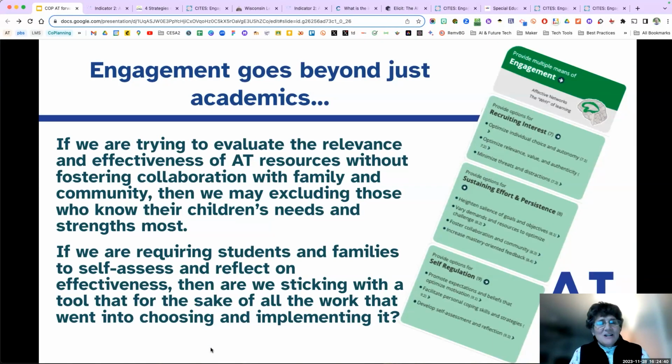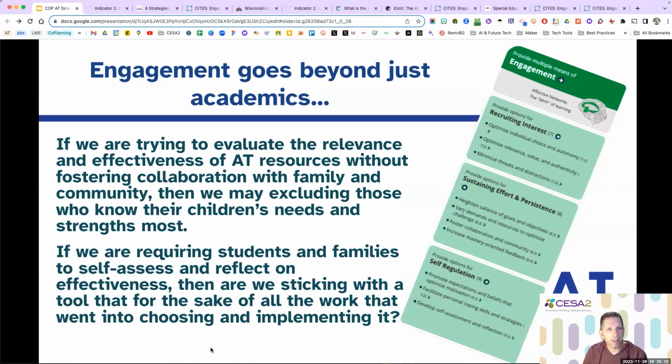But yeah, the engagement is, and that's where I think that goes back to that research piece, that we want them to have an understanding of why we need this. And this is where progress monitoring comes into effect too. When we can say, look, your son or daughter can do X, Y, and Z with this technology. Without this technology, X, Y, and Z takes too much energy, because it's not just getting the task done, it's getting the task done efficiently and effectively. Right, without expending so much energy that they have nothing left for any other subjects or any other things they need to get done, correct?